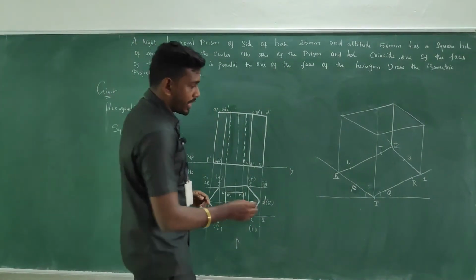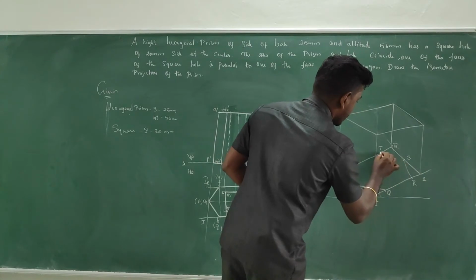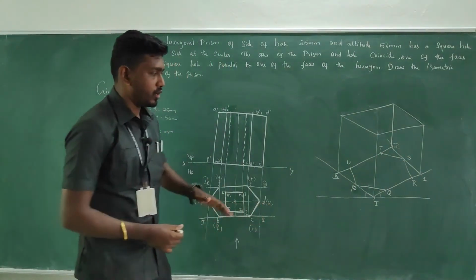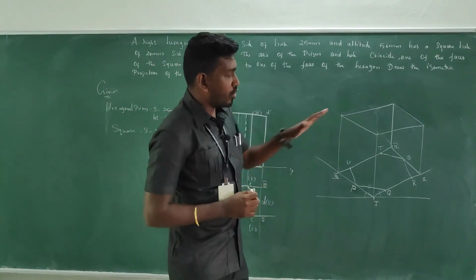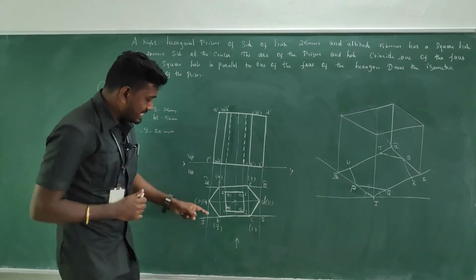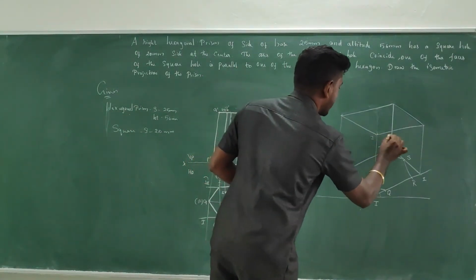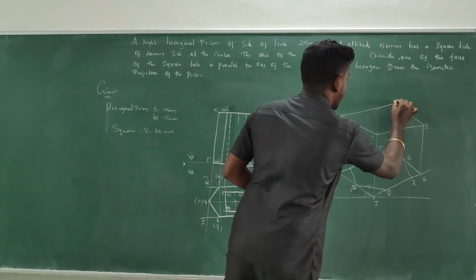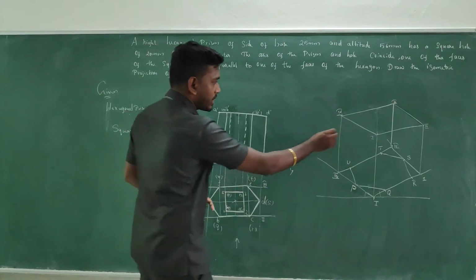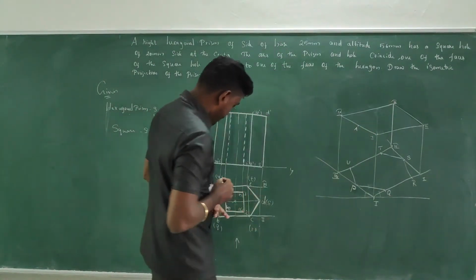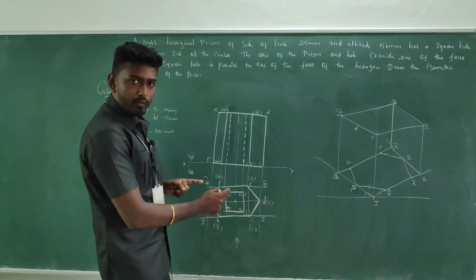If you connect all those points, you will see the bottom base traced. The similar procedure should be followed at the top. Top base A, B, C, D, E, F. A is between 1 and 4. For your understanding, I am taking the same names at the top. This is 3 and this is 4. Between 1 and 4, A. Take the measurement, convey it so that you will get A. B and C are between 1 and 2. Take the measurement with respect to 1.